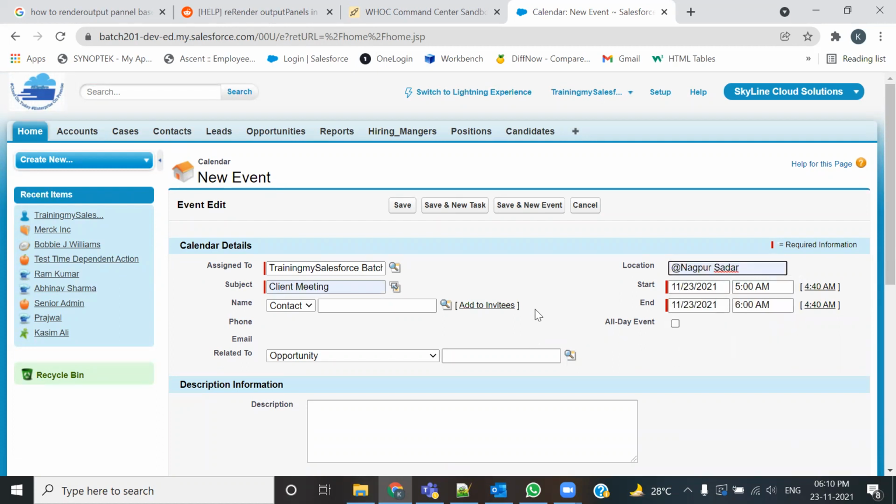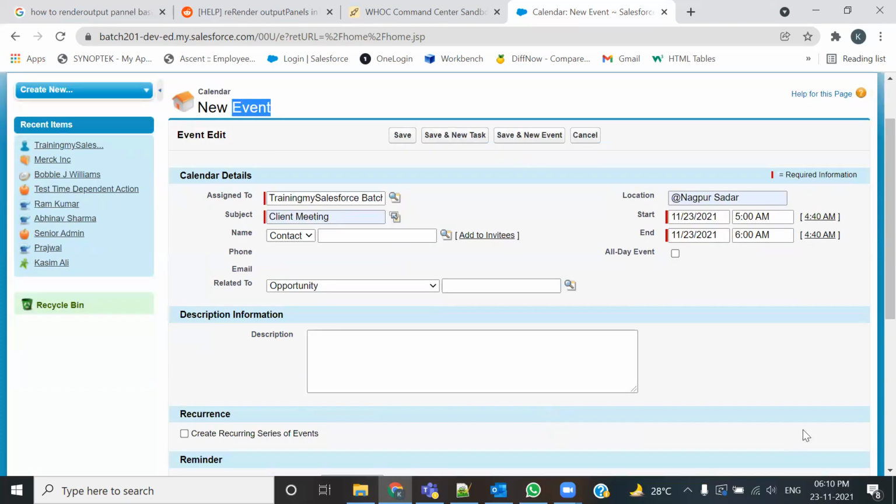In the Sadar, we have decided there is some coffee shop, and I have decided to meet my client over there. What's the start date? This is the start date. What's the end date? This is the end date. So whenever you plan any event, whatever you see on this particular user interface,